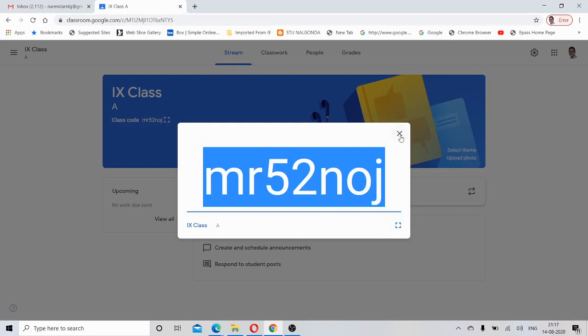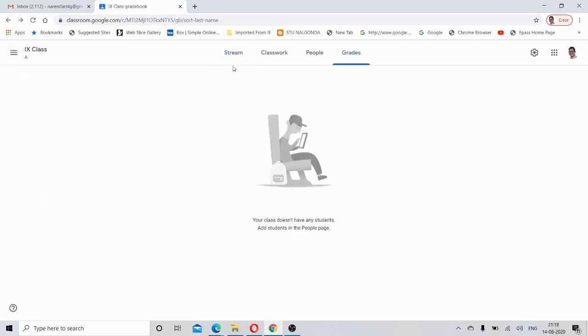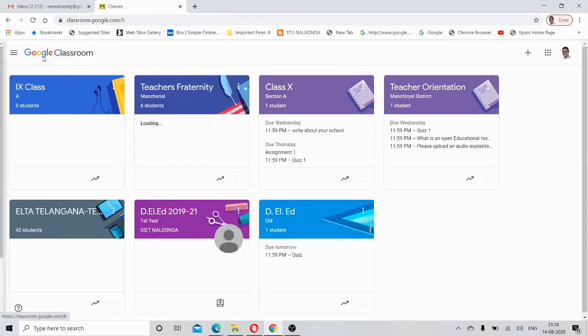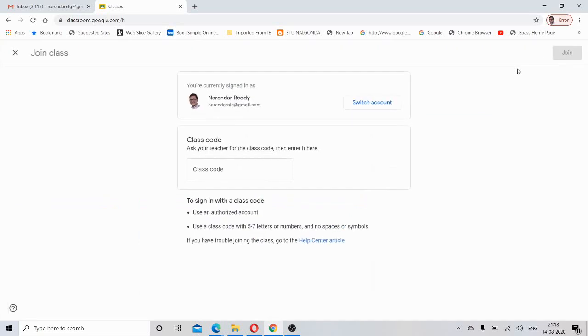So if you send this, they can use this class code, and I'll show you how the student has to join in our class. For example, assume as if I am the student of our classroom. In his account also he could see this plus mark, and if you press the button and click join class, you could enter the class code.